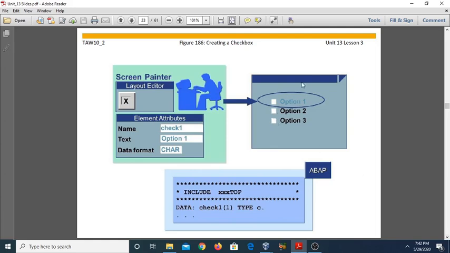You can also use these checkboxes in a program by declaring them globally with the help of the data statement. This is data and then the name that you have defined on the screen, which is check1, and then type. You define the type here, that is character type, so you can give the type accordingly.